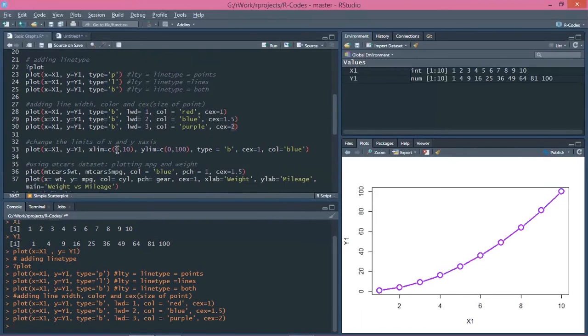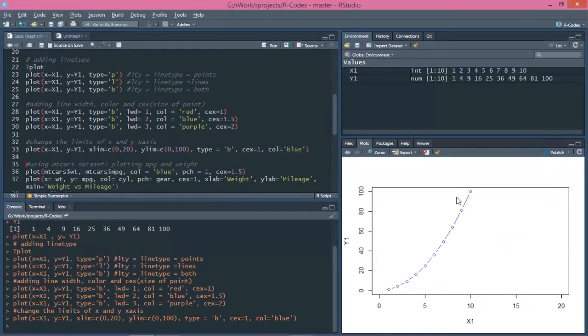Then there are limits. So what are the limits of the axes? There is the y-axis and the x-axis, and you can see the default limits that have been set are 2, 4, 6, 8, 10, and similarly here. Now I'm changing the x limits to 0 to 10. So it is already 0 to 10 here. If you want to change it, like I want the y limit till 20 and the x limit should be 0 to 10, I am keeping it the same and changing the limits of y1.